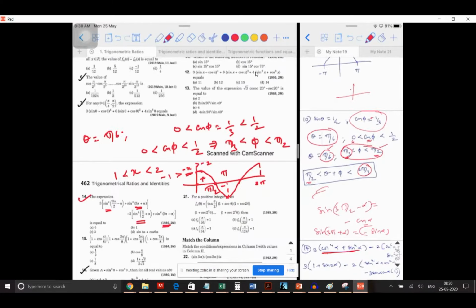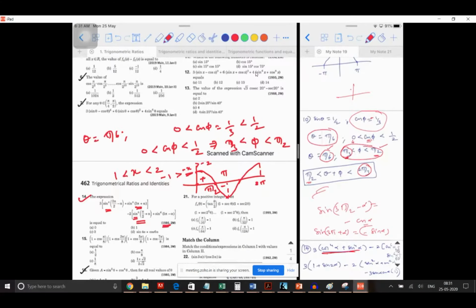Sine pi by 2 plus alpha is going to be second quadrant. Second quadrant means sine pi by 2 will become cos, a complementary function. So will it be plus cos alpha or minus cos alpha? It is plus. See, this is the mistake we make, because we think that since it is second quadrant, we take it as a minus sign. It is not with respect to that. It is with respect to the base function.